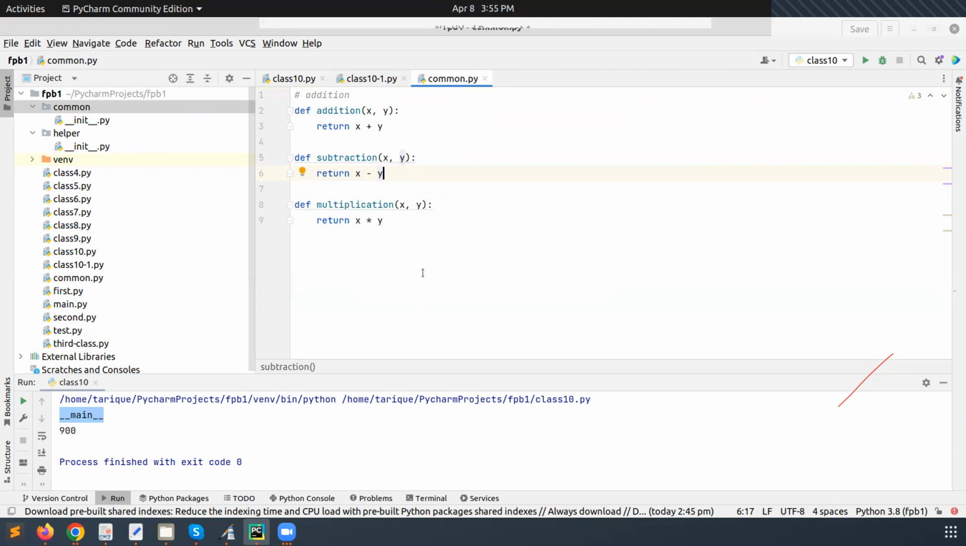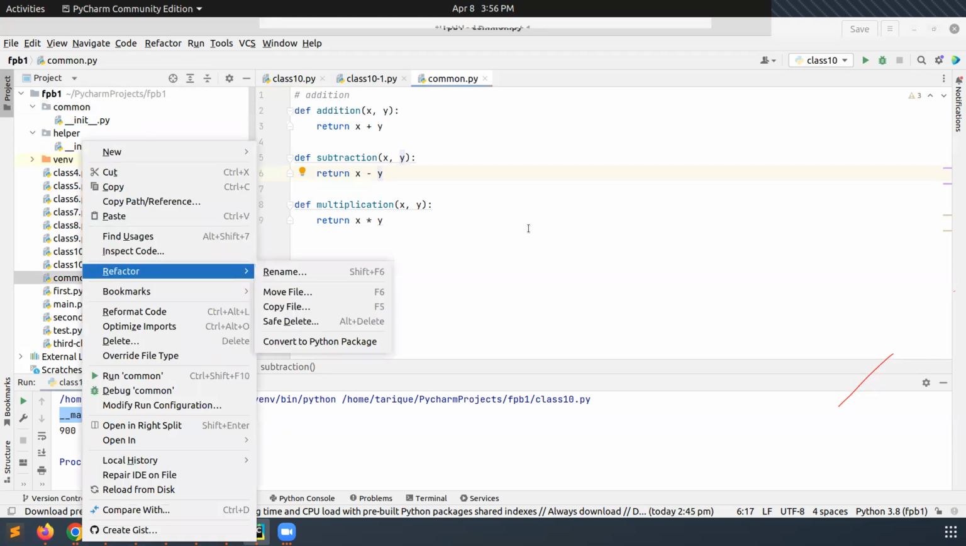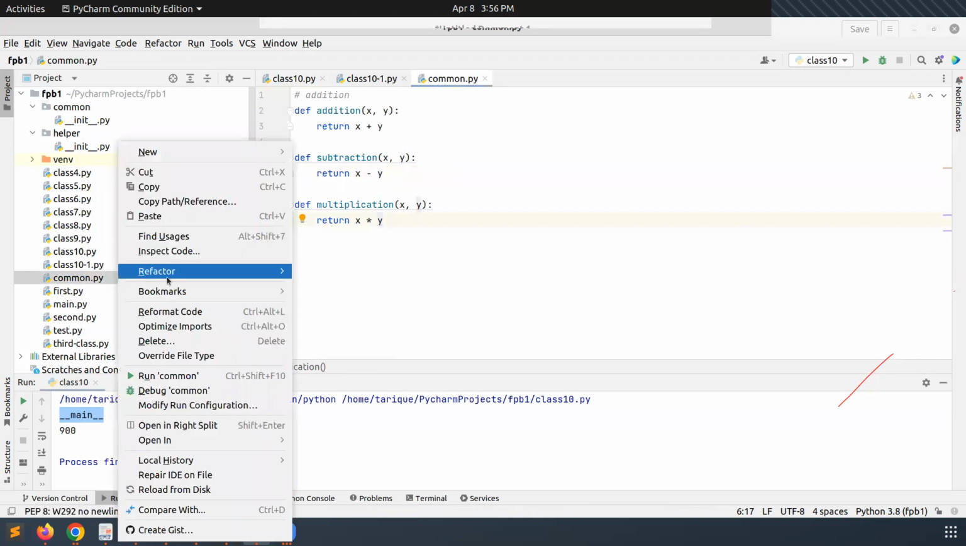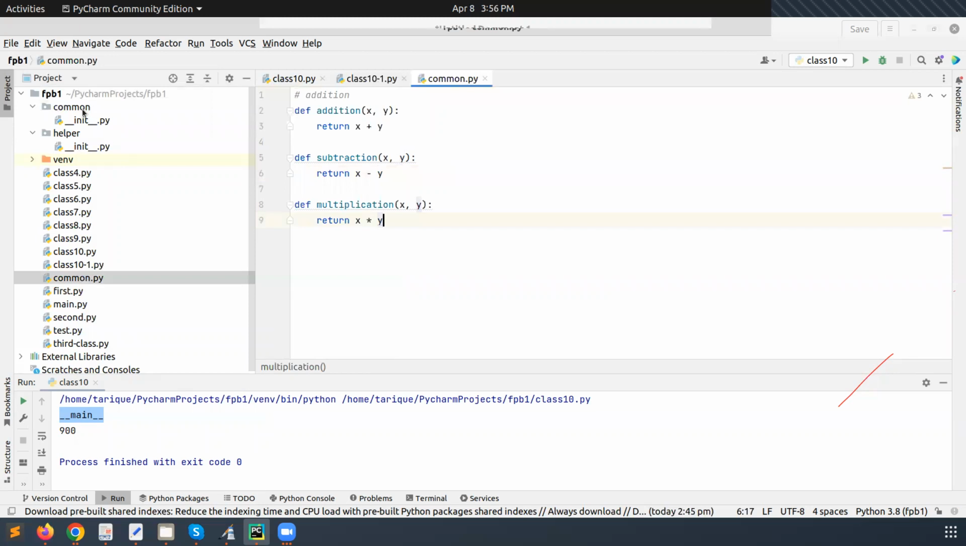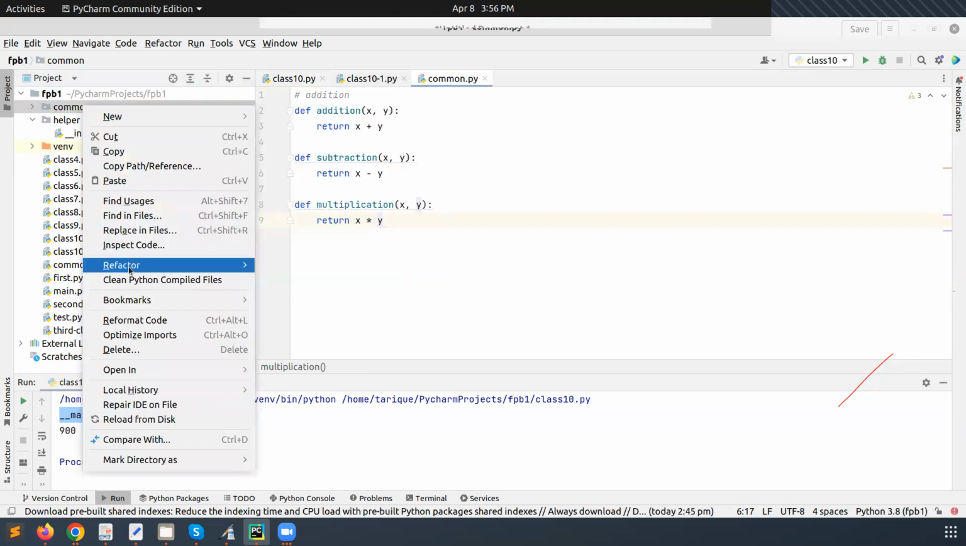If we store only modules in a particular project, it will create a problem. The file structure will become very complicated. So at that time, we store all the modules in a particular folder, and then we can convert this folder into a package. So I will copy this file, and this file, and put them in the common folder. I am going into the common folder and pasting them